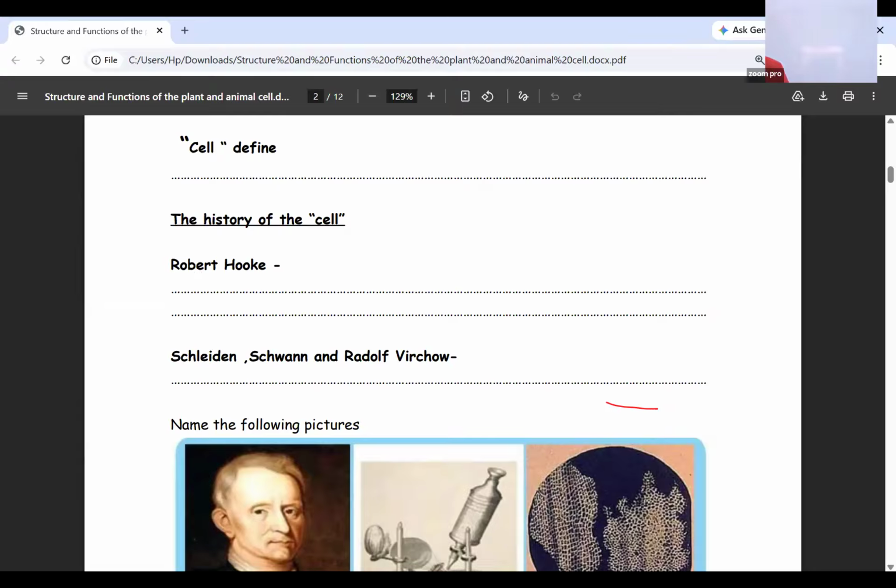Can somebody tell me the basic structural and functional unit of life? Yeah, the basic structural and functional unit of life. Actually, that is the definition. Cell, that is the